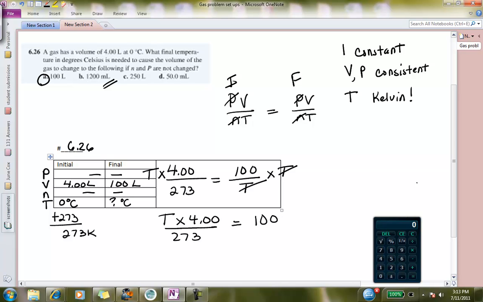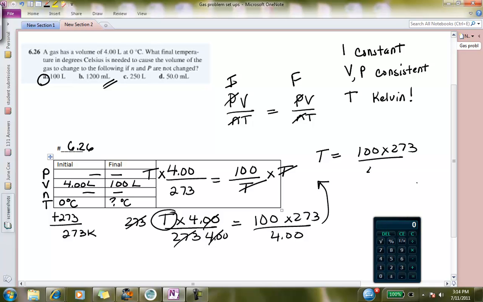And now I need to get rid of both of those numbers. I need to isolate the T. So the 273 will get cross-multiplied up. We'll multiply both sides times 273, which will effectively eliminate it there. And we will divide both sides by 4.00, which will eliminate it on this side. So what I have left over here is T is equal to 100 times 273 divided by